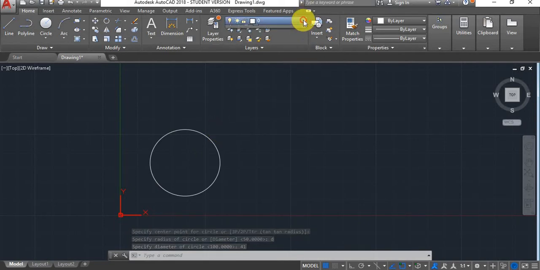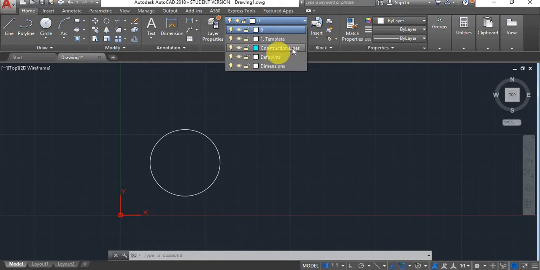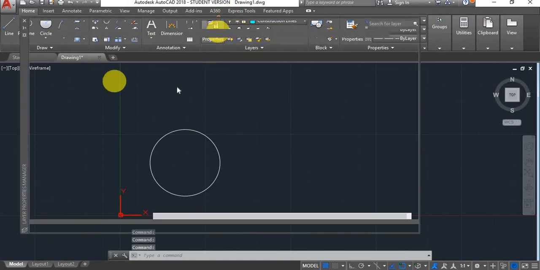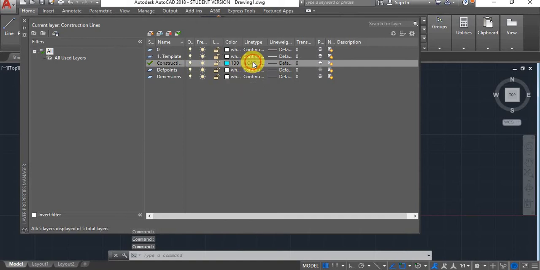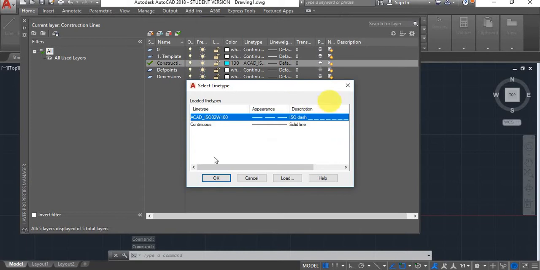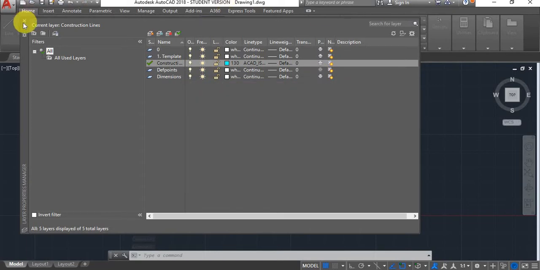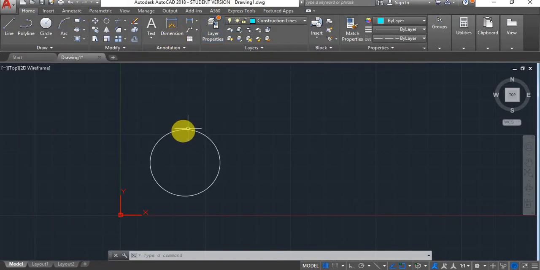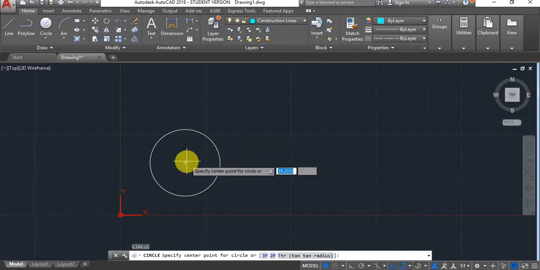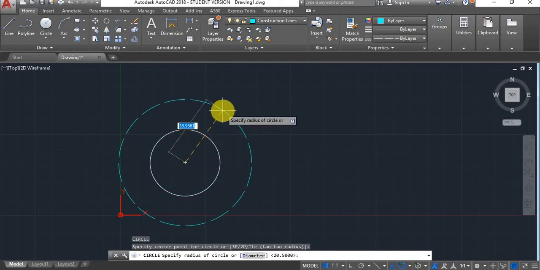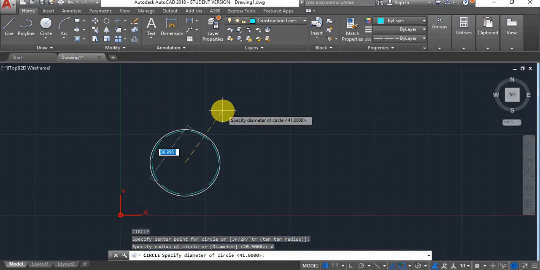Now, I've just created another layer called construction lines, which I will use right now. Just so you know, I've changed the line type, switched it to ISO dash. Okay, so I'm going to draw another circle from the center. I'm going to give another diameter, so D, enter,